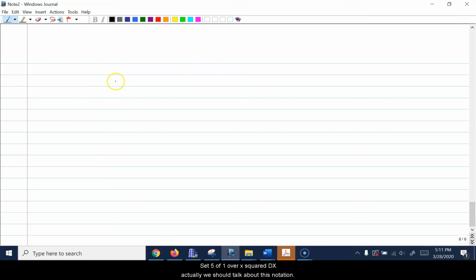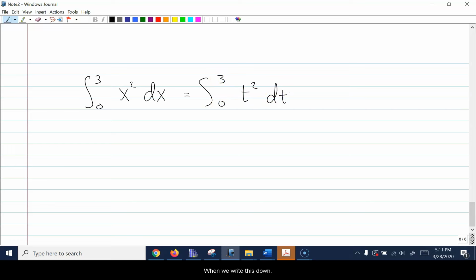So the way we write an integral, the integral we computed a second ago was the integral from 0 to 3 of the function x squared. Actually, I guess it was technically the integral from 0 to 3 of the function t squared, because our input variable there was dt. When we write this down,